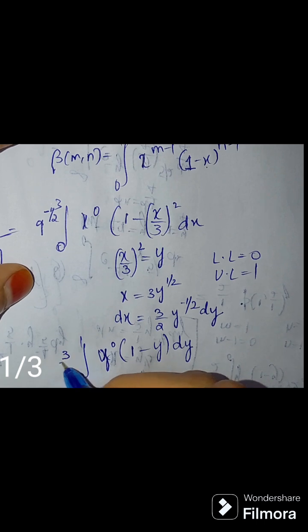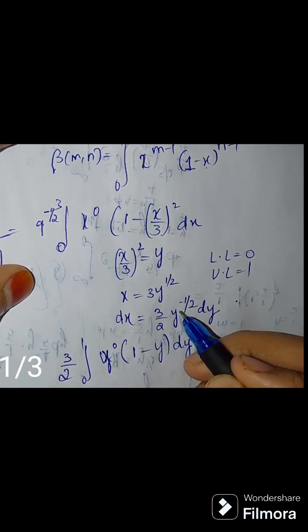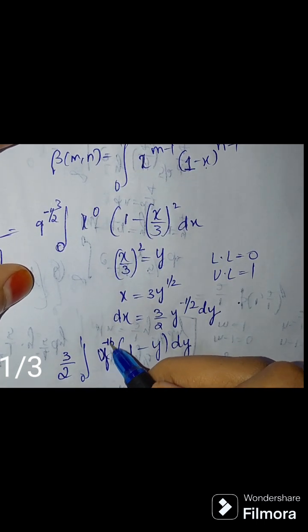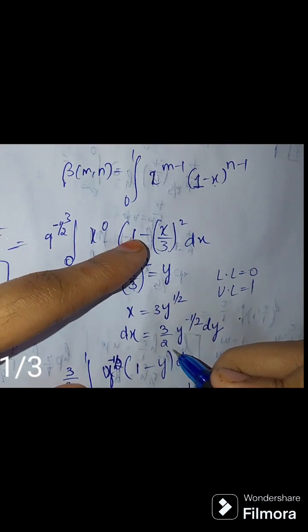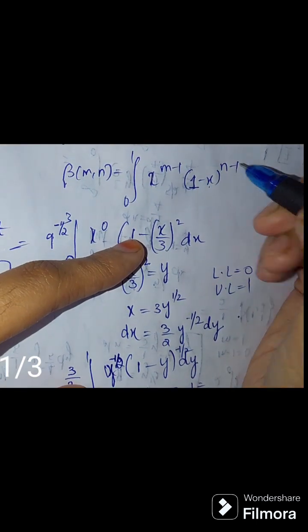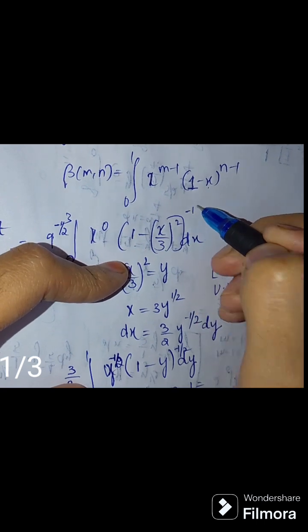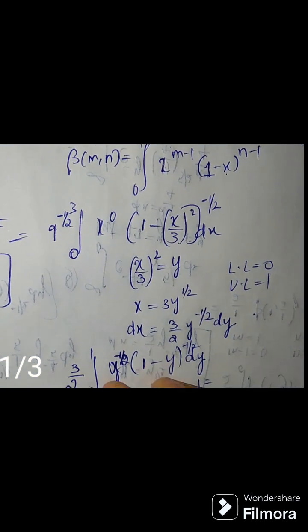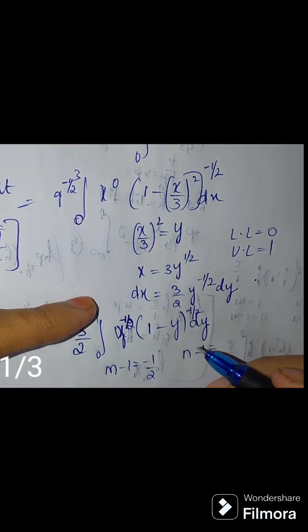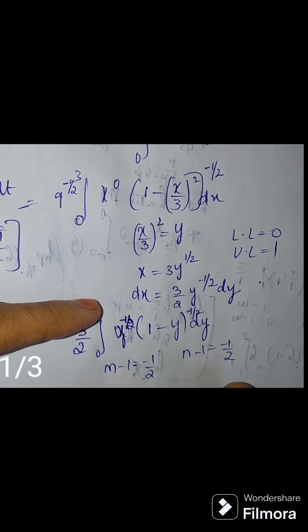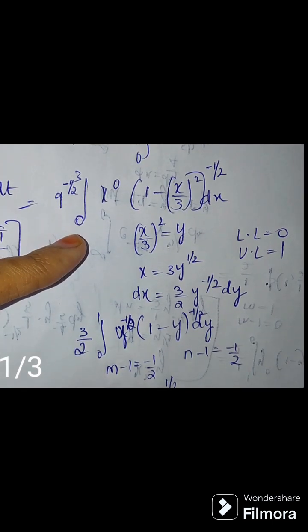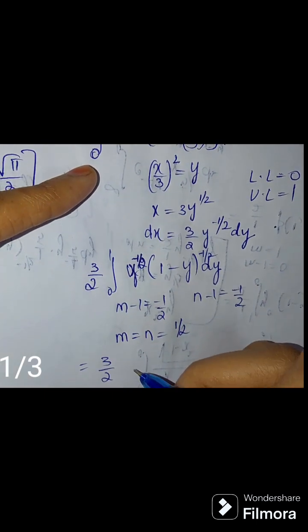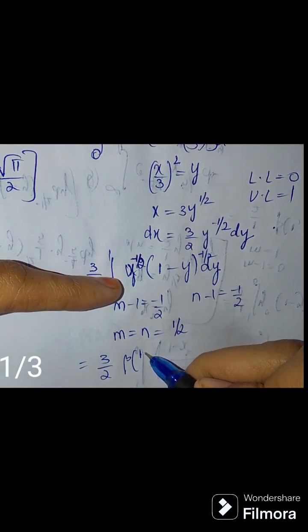Putting the constant 3 by 2 outside, and y power minus 1 by 2. I'll write here y power minus 1 by 2. I forgot to write this earlier. So my m minus 1 will be minus 1 by 2, and n minus 1 will be minus 1 by 2. So m comma n will be 1 by 2. So I can write it as 3 by 2 beta of 1 by 2 comma 1 by 2,